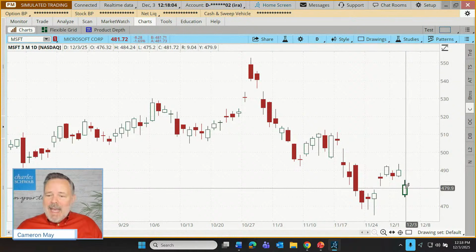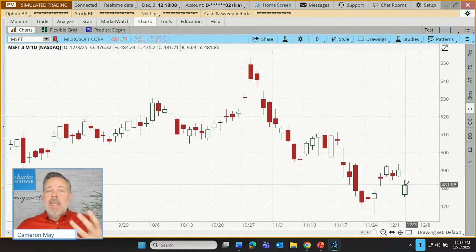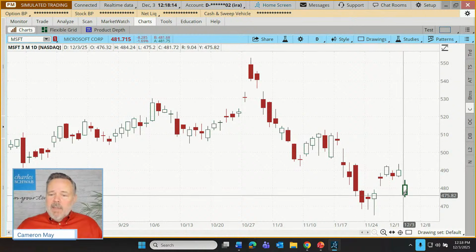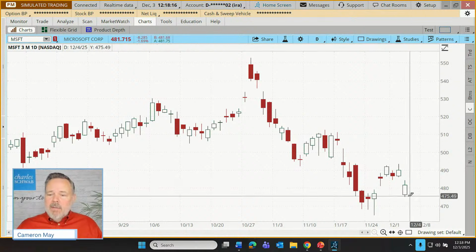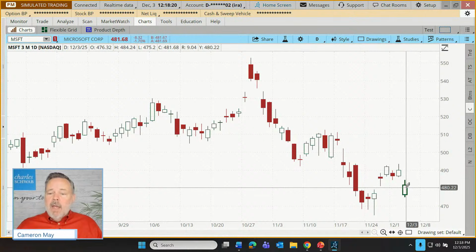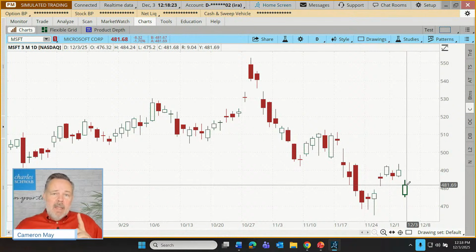When we see a white candle, we might also describe this as an empty candle, or because the outline is green, we could call it a green candle. But when we see this style of candle, that tells us that the open was down lower and we closed up higher. In other words, during the trading session, there was bullishness. Closed higher than we opened.